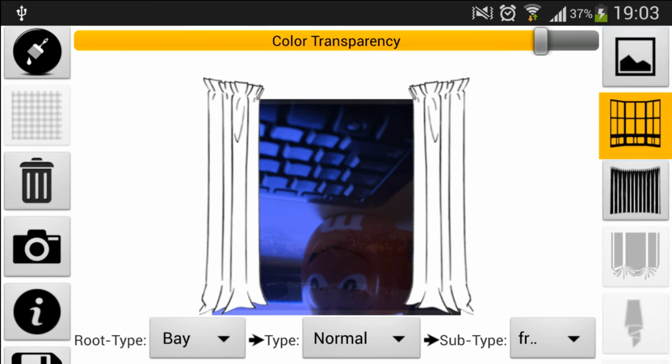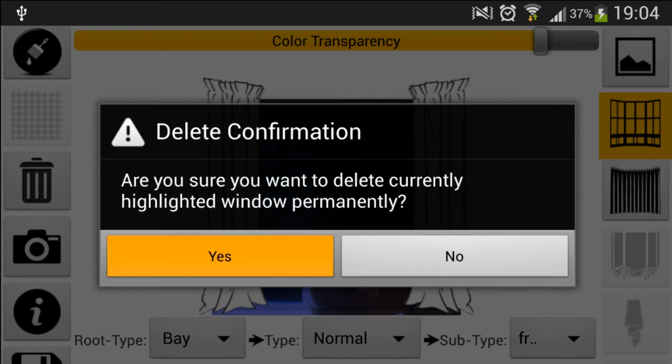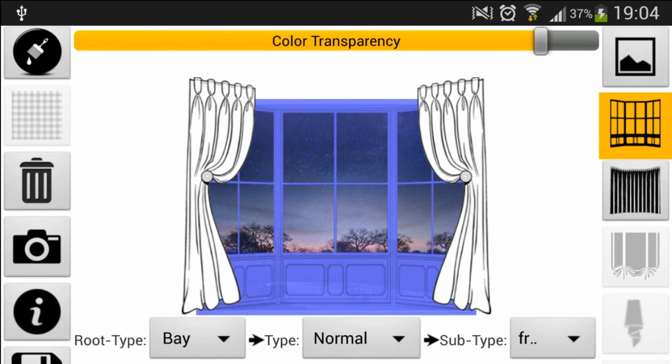If I just want to delete this image because I don't like it, I just press the delete icon. Because the window is currently selected and I see which picture is on the screen, this picture will be deleted. So let's delete it. Yes. And now we deleted the image from the gallery. This might be useful so as not to overfill your device storage.